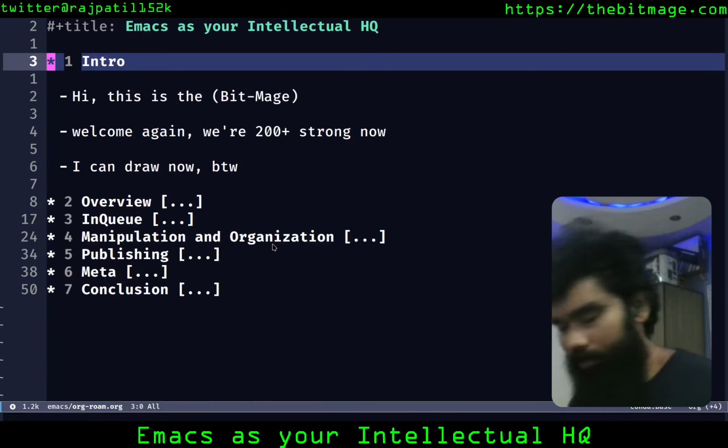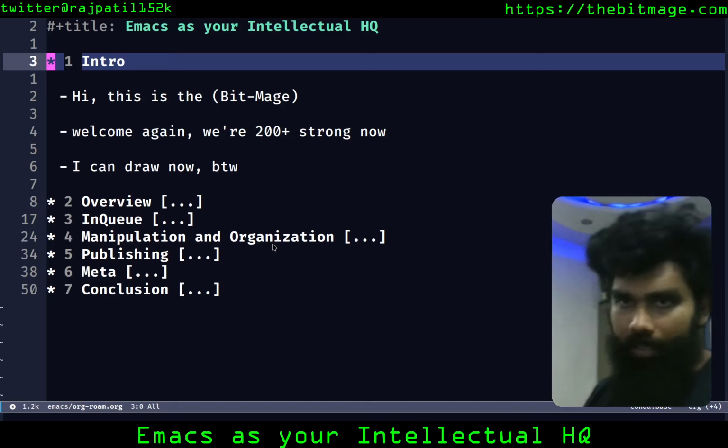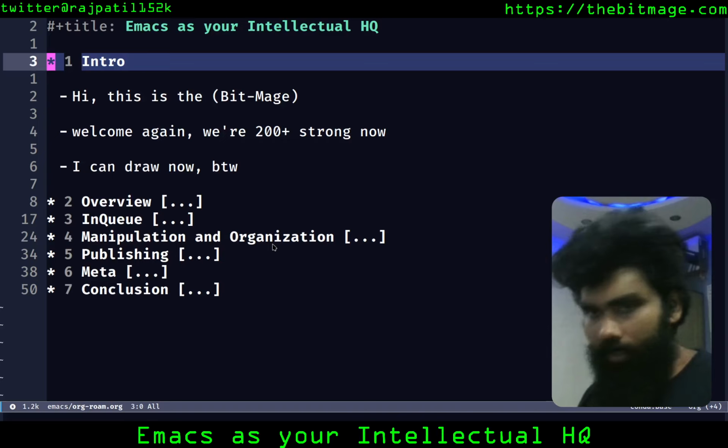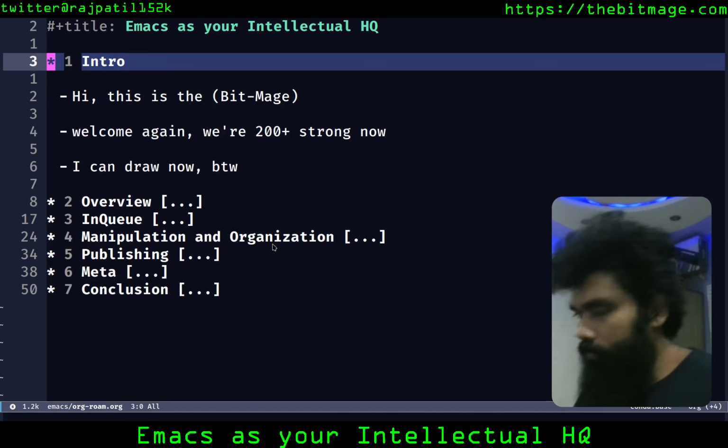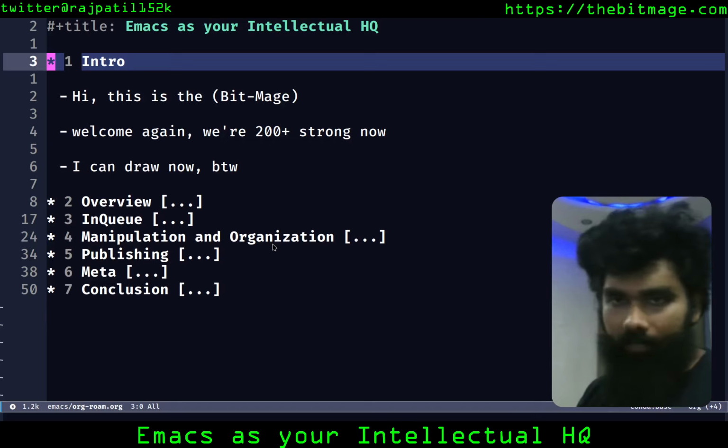Today is going to be a completely pragmatic one, and it's not just Emacs, but anything that I read about being an intellectual worker as well. So I'm an engineer, by the way. I do work across a lot of domains. If you're interested in what I work in, do check out the blog link in the description.